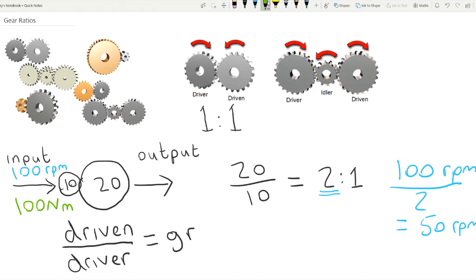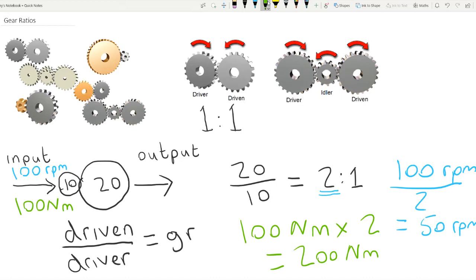So what we're going to do with this number is simply multiply it by the gear ratio. So I'll do 100 Newton meters multiplied by 2, and that's going to give me 200 Newton meters. Okay, and that's it. So we can see that this simple gear ratio set here has doubled the torque and